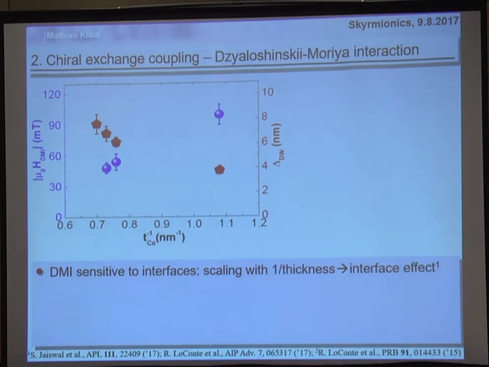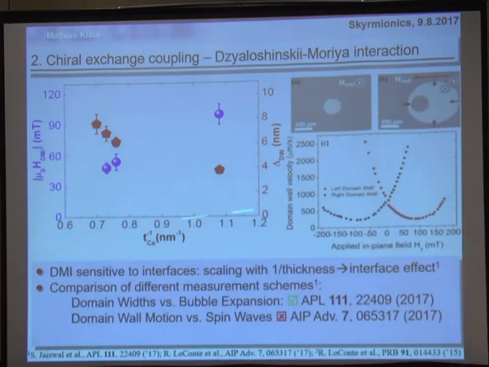And what we see very nicely is if you plot it as 1 over the thickness, then you have a linear scaling. So really it's an interfacial effect. If you make the ferromagnet thicker, the effective DMI goes down. All good. But now if you want to go quantitative and you compare the different methods,